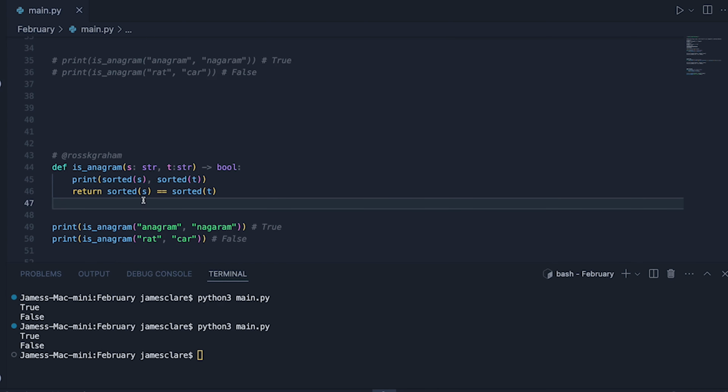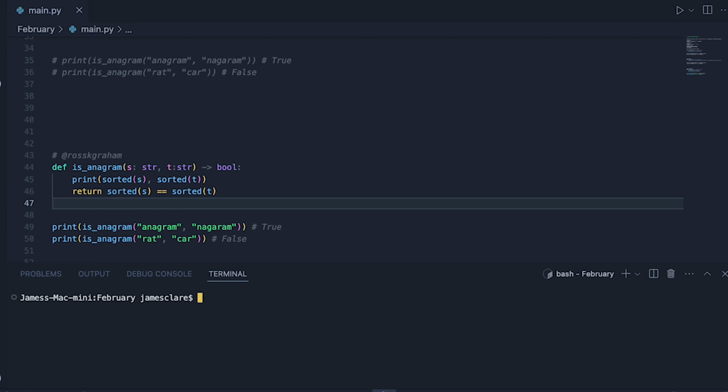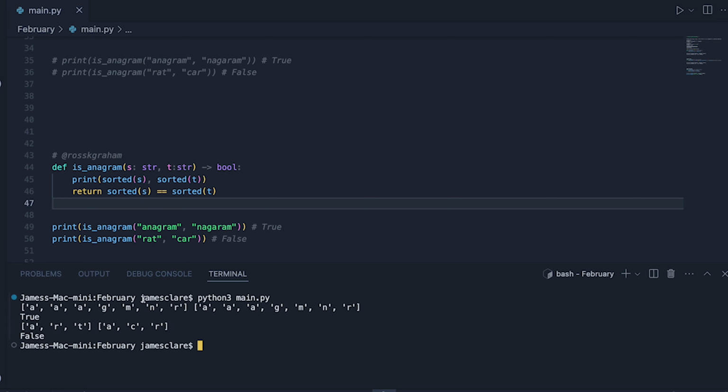So sorted, you've not seen this one before, takes in some iterable and then converts it into a list and sorts the list. So let's just take it into this here and let's see what we've got. Okay, AAGA. So you can see how it's sorted here, like AA. So it's done this whole first list alphabetically. So you're converting each of these strings into a sorted list and then just checking that both the lists are